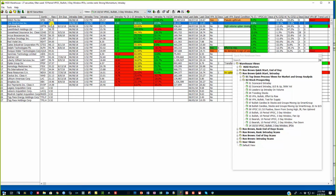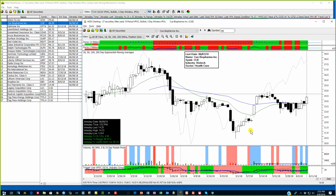Let's look at Q. This one crossed over yesterday. See, no VPA flags here whatsoever because it started trading here. We don't have 120 days worth of data, but here's a pocket pivot. Here's a shakeout day. Here's another volume point of control signal right down here, and this stock is actually setting up